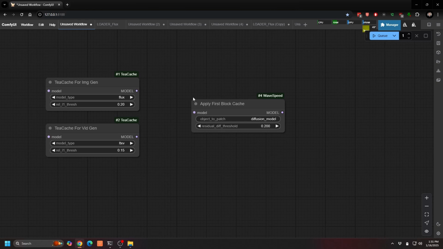And so in both cases, in this case, I use WaveSpeed. It has a ratio, and that ratio is basically how much that first block should be stored in memory. And, by default, it might be a higher number. I've seen to have very little, if any, change. I would reduce it all the way down to 0.05, basically 5%. And you'll see there's very little difference in the actual output, but you will get the gain of a little